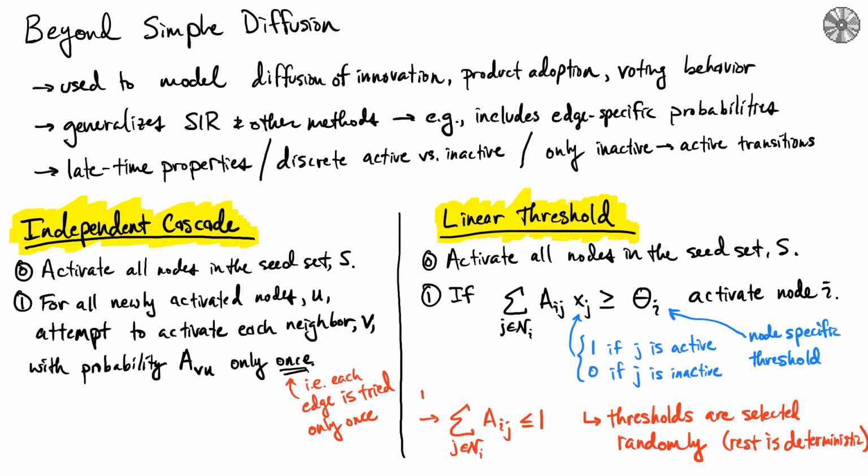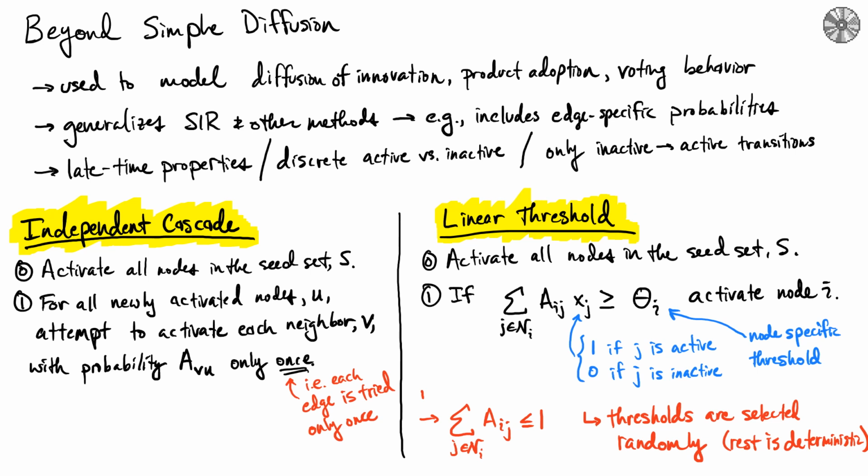The key thing about this is that you only do this once. So if node U becomes active and it has 5 neighbors, you try each of those 5 neighbors only one time. Then in the next time step, that node will not have been newly activated, and so you don't try